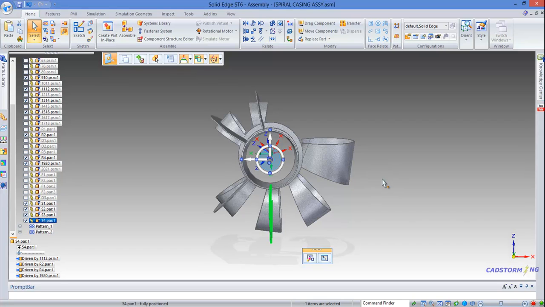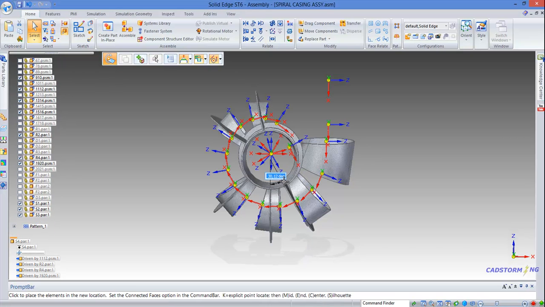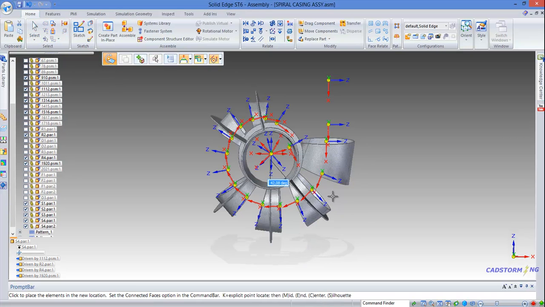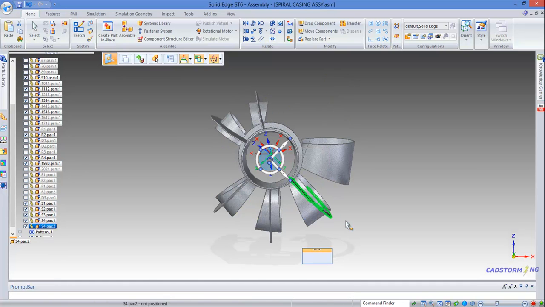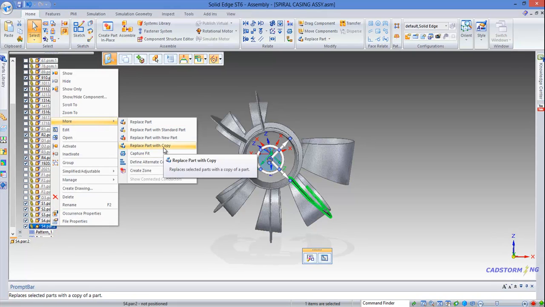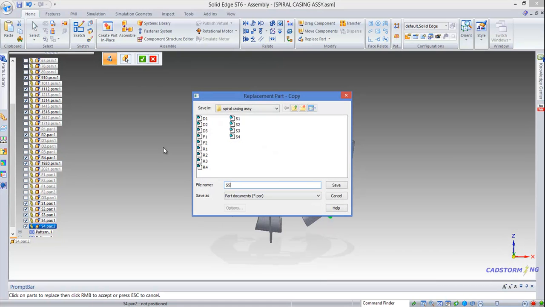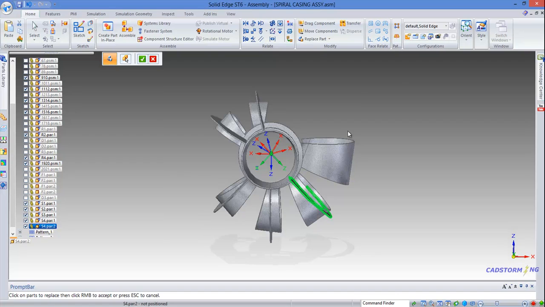Okay, and we make sure that we activate the copy option and rotate 45 degrees, then right click, more, save path, replace path with copy, S5, save